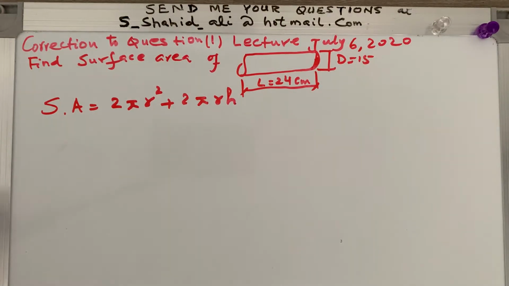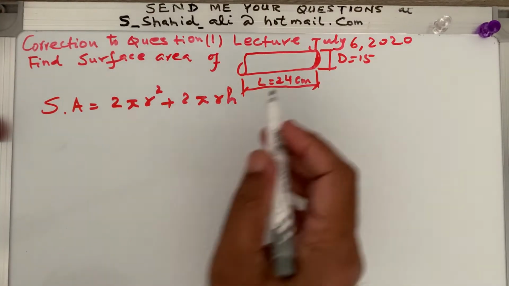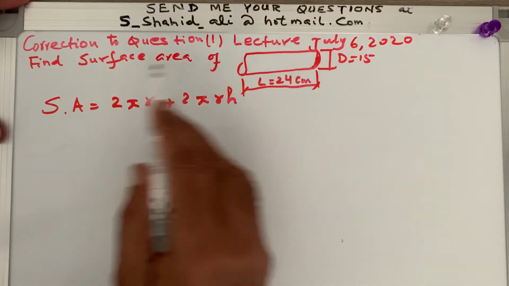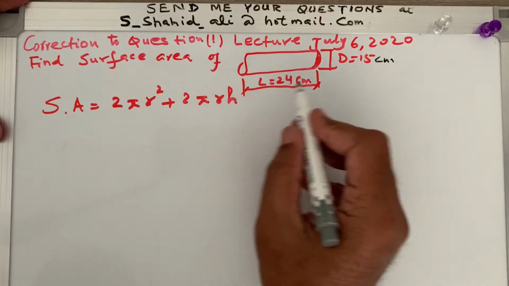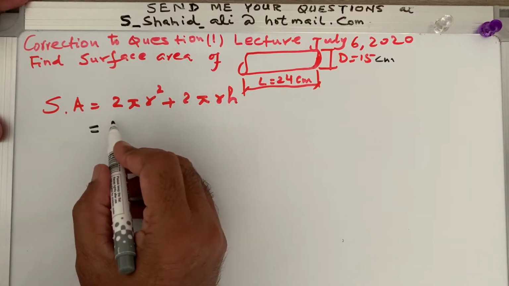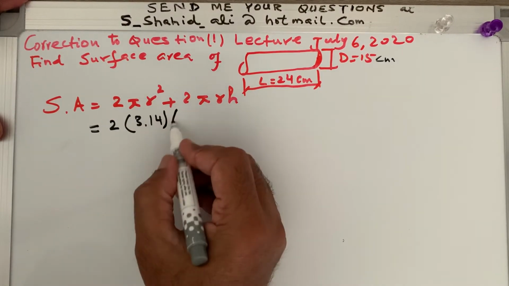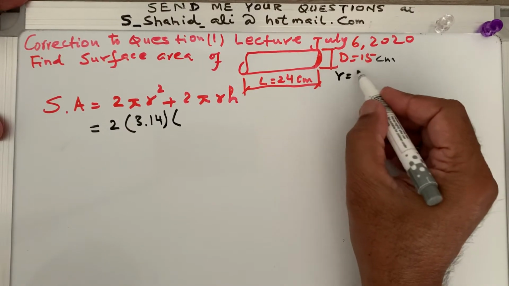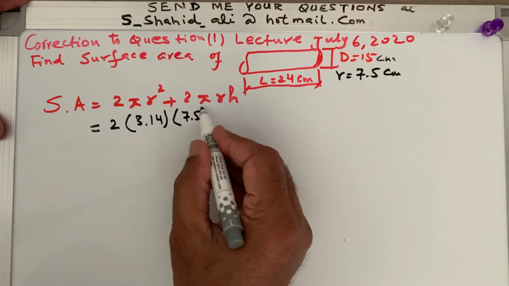Today we will be starting our class with a correction to the previous lecture of July 6th. One of my students has pointed out that when I was solving this question, find the surface area of the pipe whose diameter is 15 centimeter and length is 24 centimeter, I did something wrong in the calculation, because when you multiply 2 times 3.14 times r square, and r is equal to 7.5, that was correct, times 7.5 square